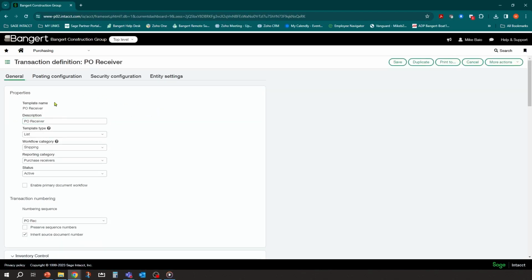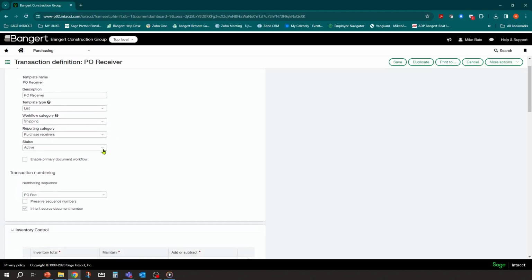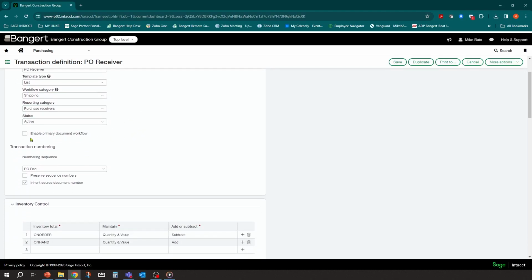And so now we have obviously the same fields that we saw earlier. So this template type is a list. Just click a pick list, shipping, purchasing receivers. And now it's not the primary document because it's going to trigger from the first phase, which is the purchase order. We can have a separate numbering sequence for that.